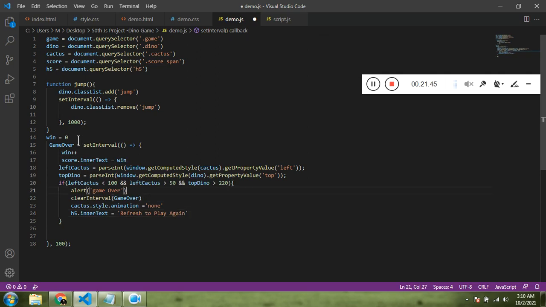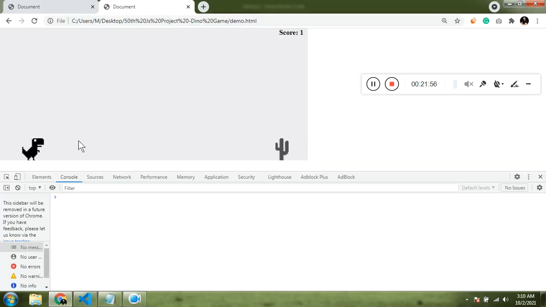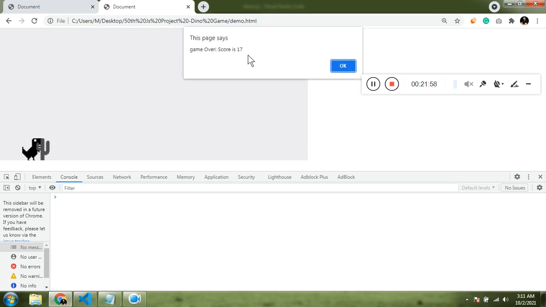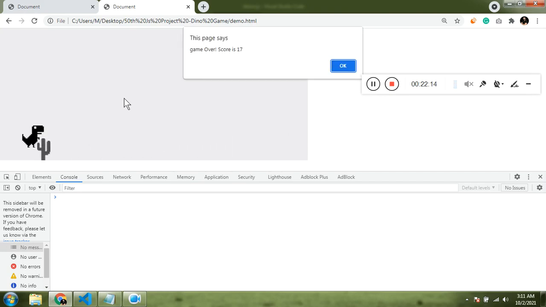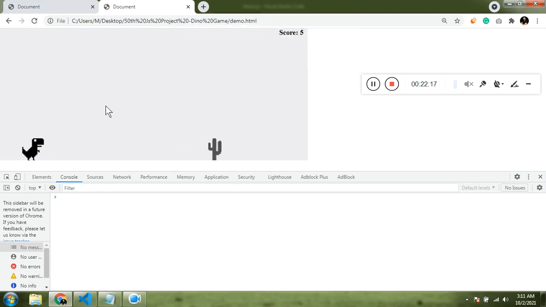And on the alert we can also pass the score. Score is concatenated with the value. Refresh it. Score is 17. Click on OK, and you are going to get the h5 saying refresh to play again. Refresh it. Jump, escape, second escape. Let's try again. Refresh. We are making a bad play, but you can see